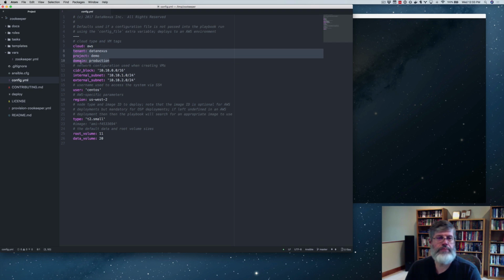These 3 tags must be defined: the tenant, project, and domain. And this is kind of from the least specific to the most specific. DataNexus being the tenant, the project in question being demo in this example, and the domain being production. You can think of the domain as where you'd separate out things like production, development, and test, or dev, prod, and test. These are all free format tags, but you would use them the way you see fit to separate out the various environments that you're creating